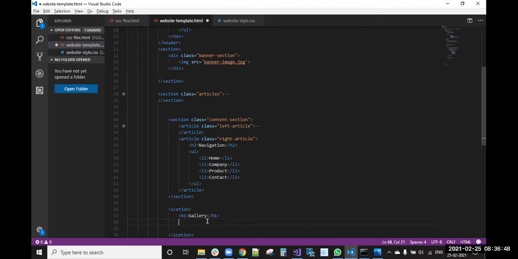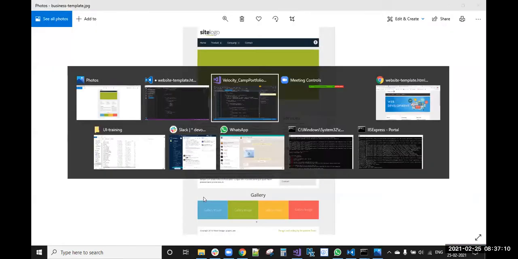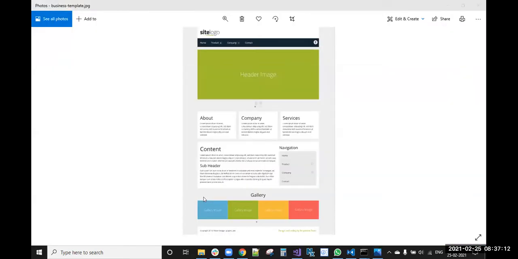So what we will do, we will take one div class gallery section, and inside this, we will give four images. So we will take from our existing images, but these are the big images. We need to take small images.